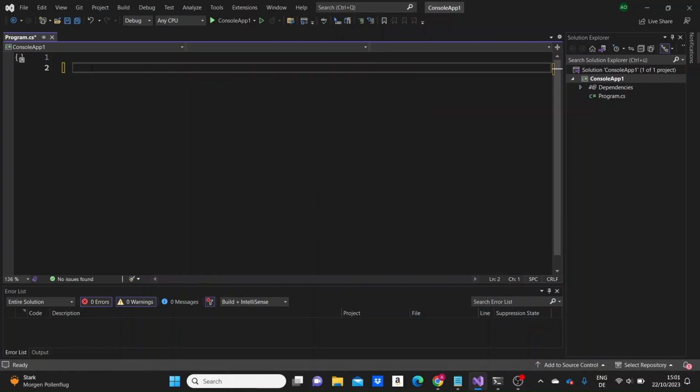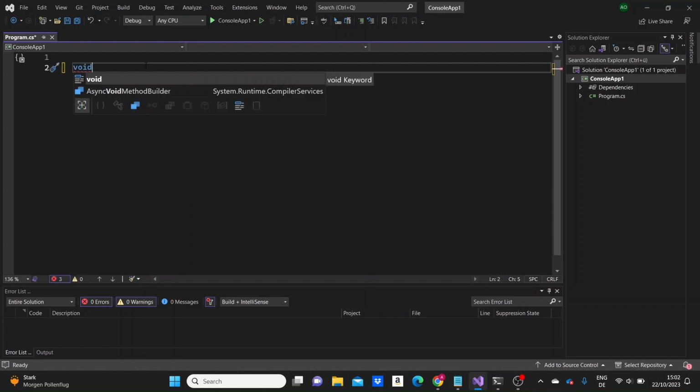A method is just a unit of code designed to perform a specific task. Methods are also called functions, and they're a key part of keeping the code structured, efficient, and readable. So firstly, when writing a method, we need to start by writing the method signature. The method signature starts by writing the return value of the method. Void is the return value when the method doesn't return specific data. So the method may print something out of the console or do some specific task, but it will not return